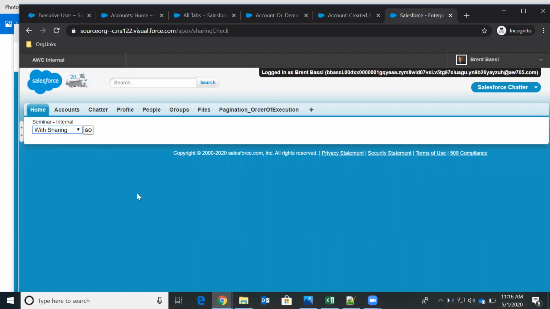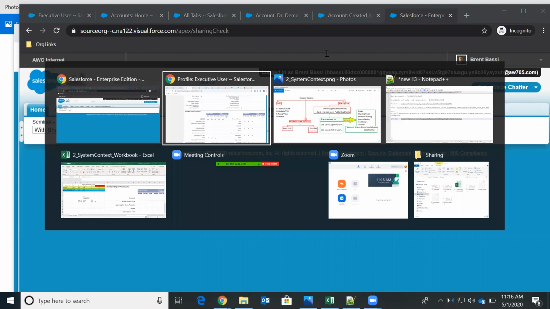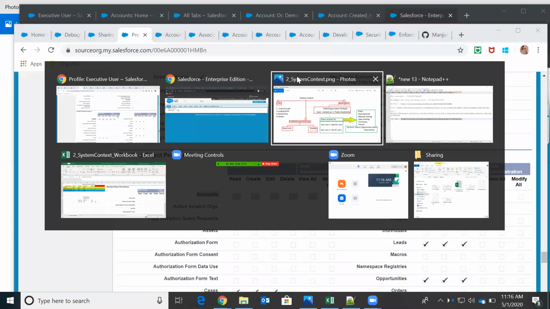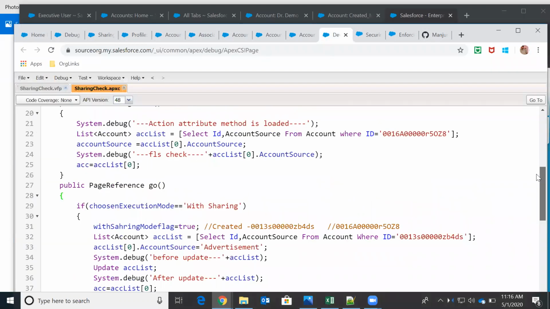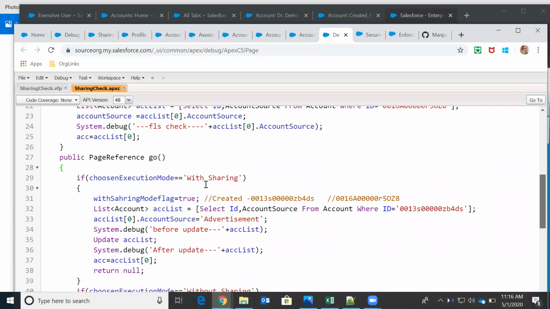Let me open this class. When I click the go button, and if I've selected with sharing, then it comes here. So this record will be impacted. Let me pass this ID.